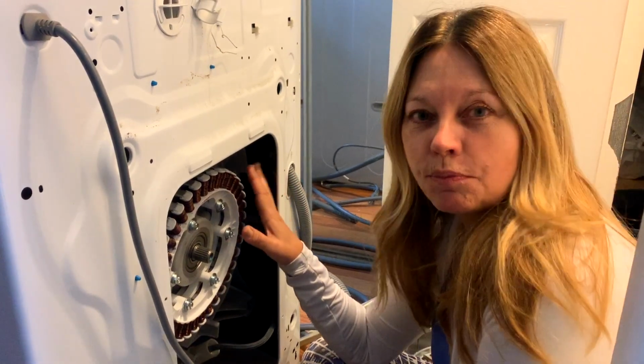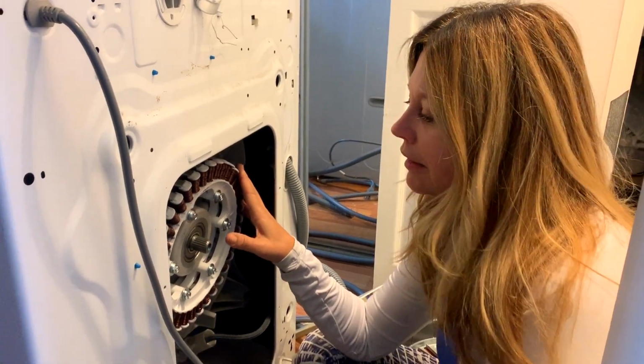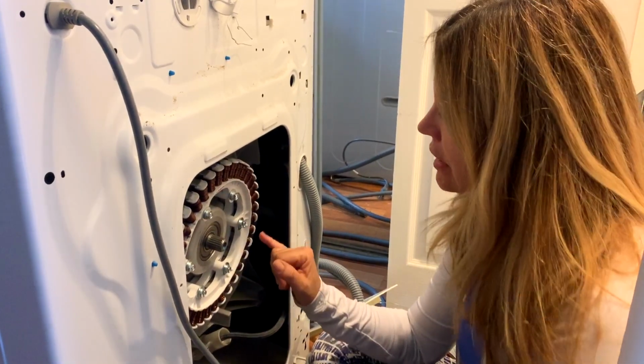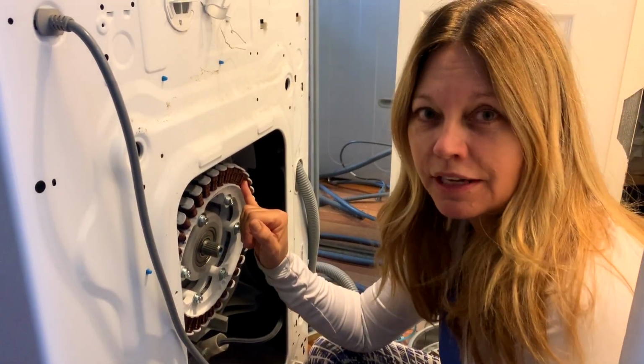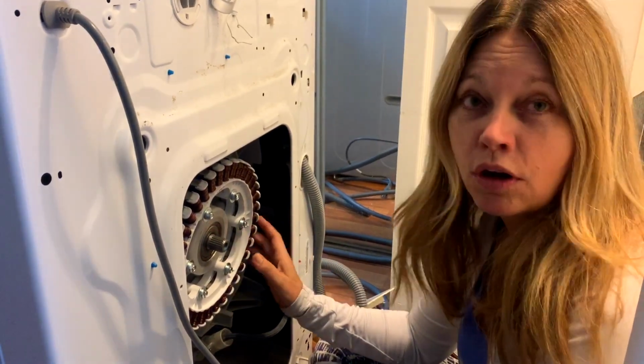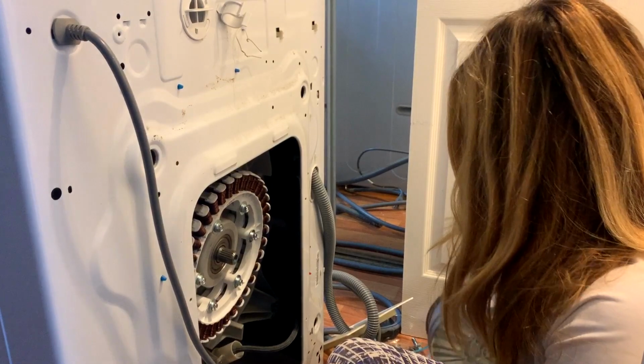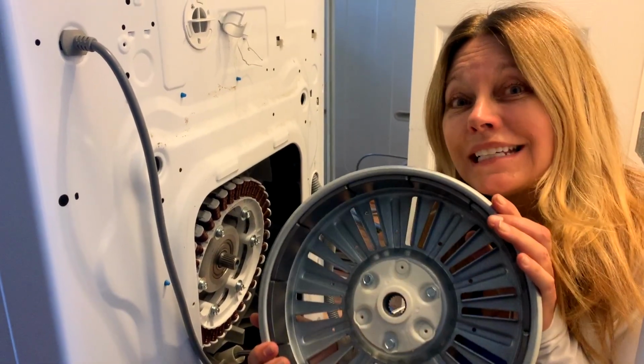So I have just put on the new stator that already has a sensor attached. I bought the whole thing with the stator and the sensor attached because I noticed as I took the stator off, there was a little piece of plastic that had broken off, so I just ordered the whole thing just to be safe. So now I'm going to put on the rotor, and it's got a serious magnetic back,